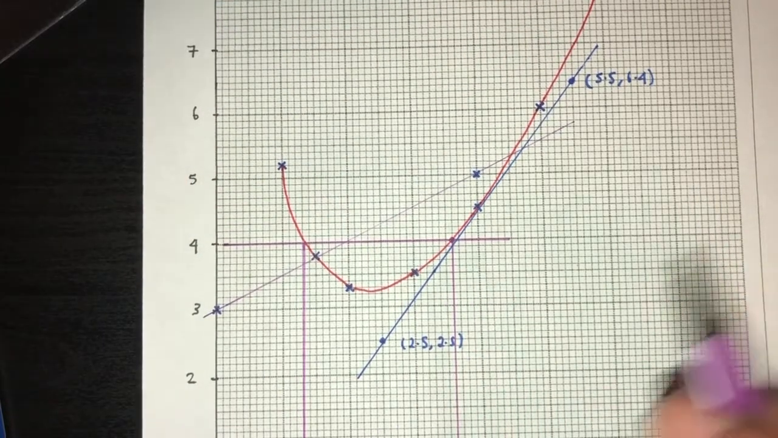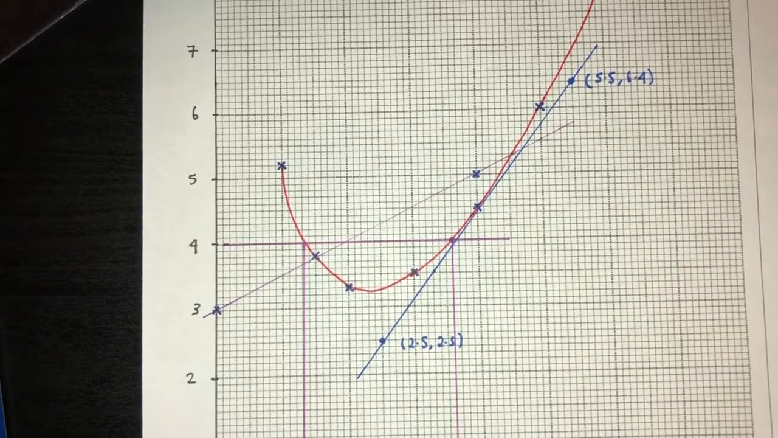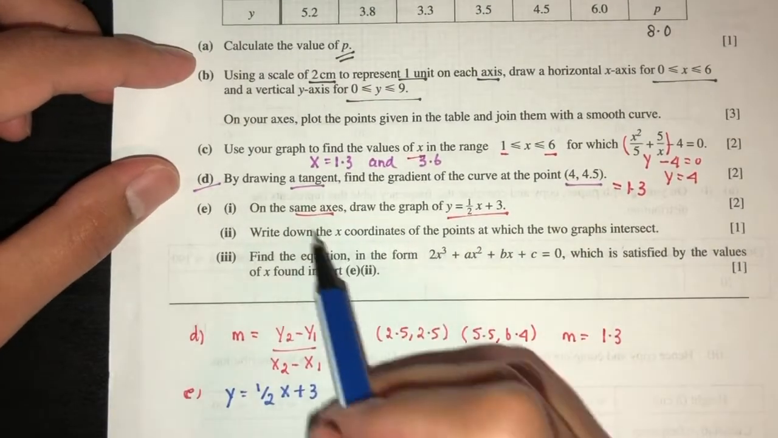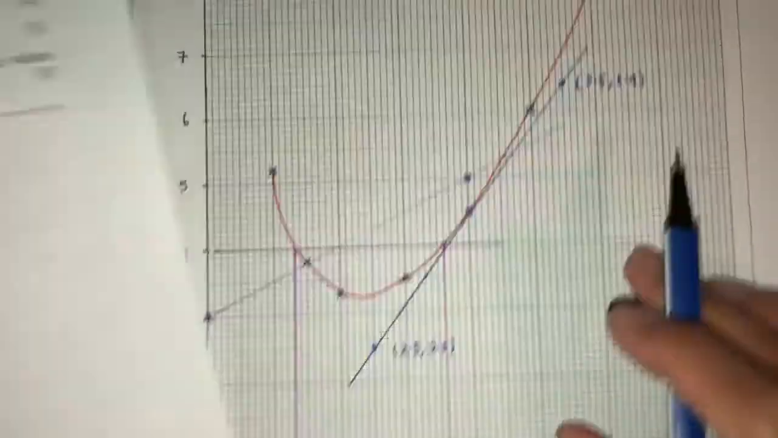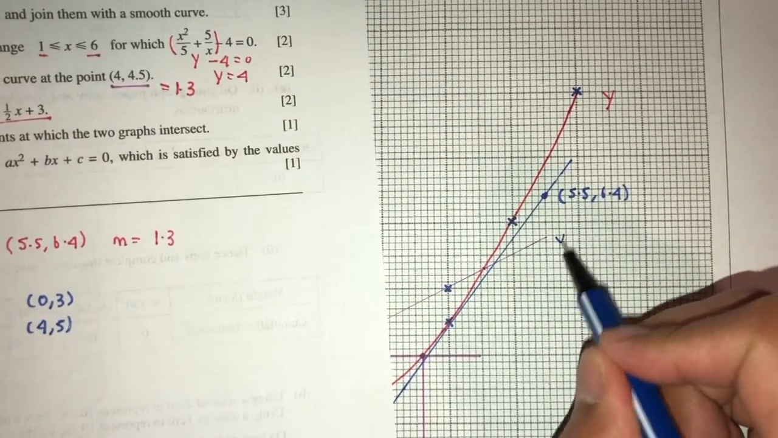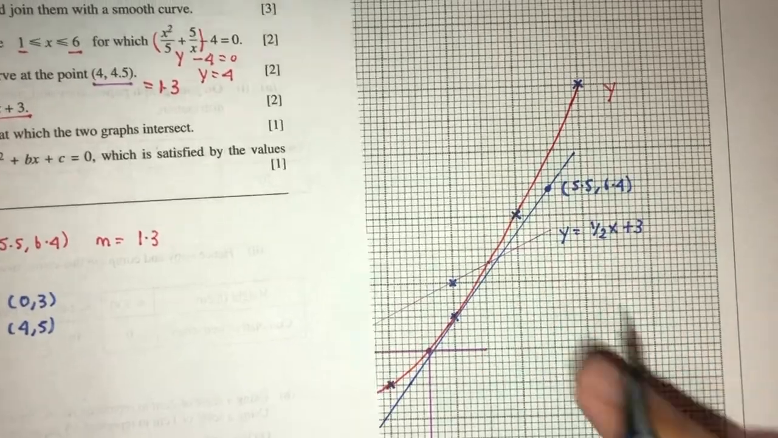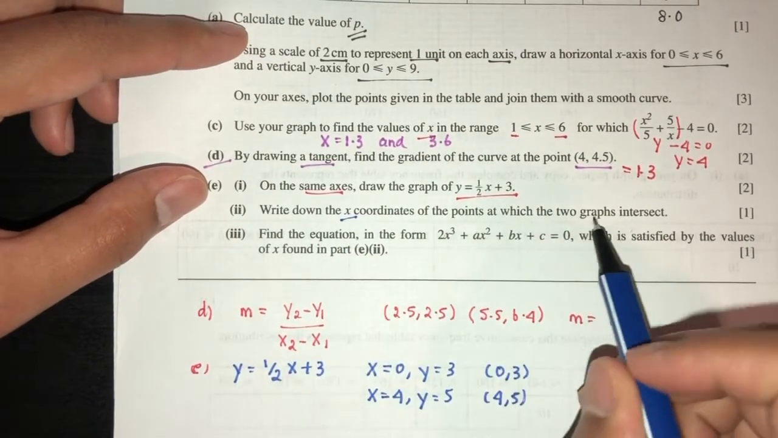Okay, so it cuts the graph at this point and at this point. Now the question is to write down the coordinate. Of course you have to label your curve, don't forget that, I mean your line. So y is equal to half x plus 3. You have to label your line, and you have to write down the x coordinate of the points